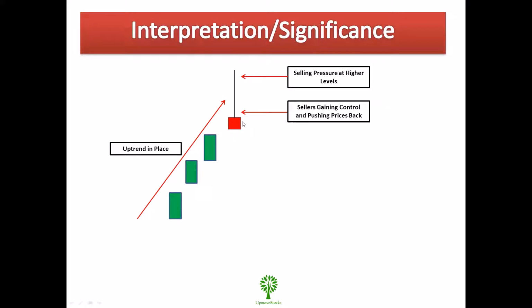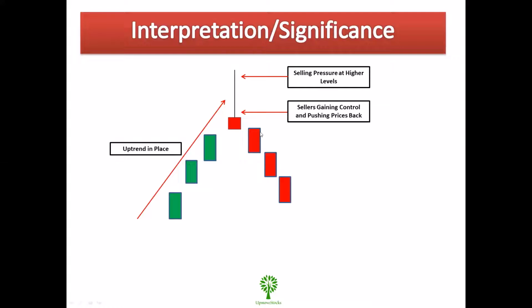Small real body because of lesser difference between the opening and the closing price. Again, the upper wick should be twice the size of the real body of the candle. So can you take a trade simply on the basis of this candle? No. In technical analysis, you always need a confirmation for the trend to get reversed or to take a trade. So you will need a confirmation candle in order to ensure that the shooting star candle is indicating a potential reversal in that particular stock or index in the days to come.